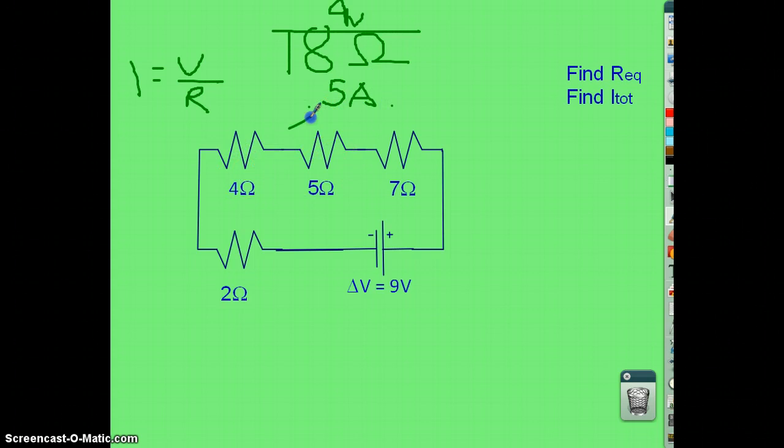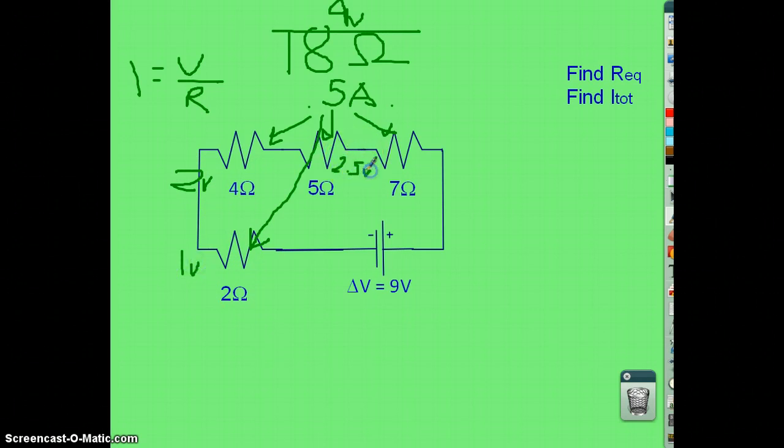Now note that half an amp, half an amp, half an amp, half an amp through each resistor, because they're all equal. So if we want to then look at the voltage through each part, we take V equals I times R. So it'd be 4 times a half, that would be 2 volts. 2 times a half, that's 1 volt. 5 times a half,